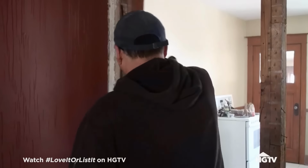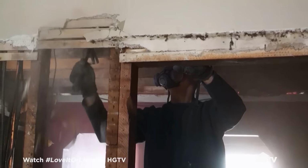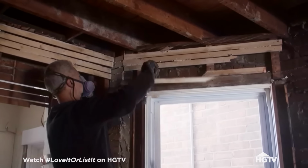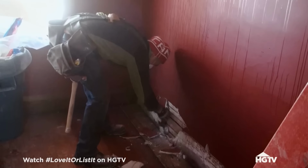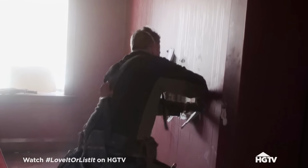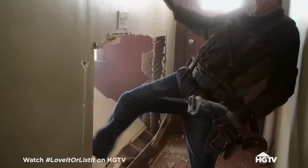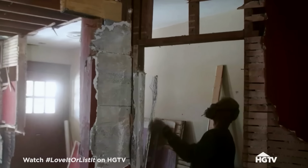To optimize the flow on the main floor, the wall separating the kitchen from the dining room is demolished. Once the living area is stripped to the exterior walls, the first floor can be properly insulated. Finally, the wall separating the front hallway is taken back to give the couple an ideal layout for entertaining guests. With all the main floor demo nearly complete,